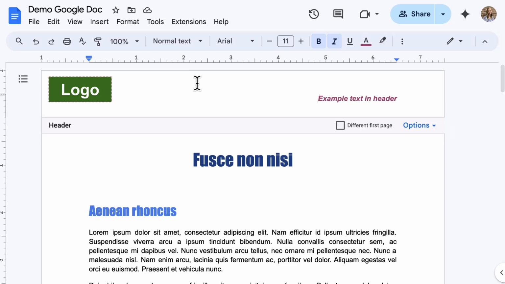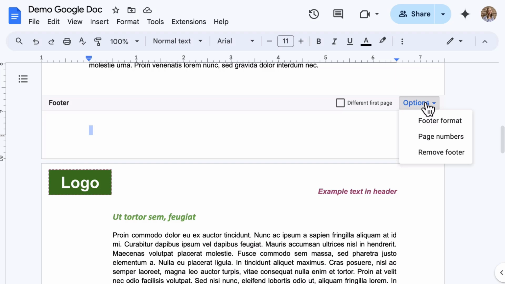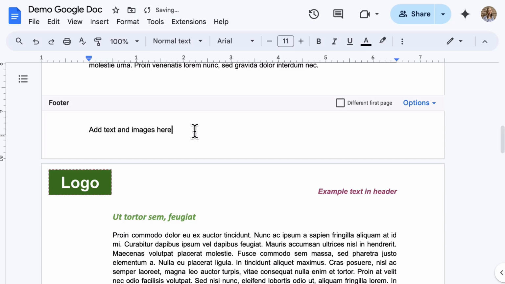For both the header and the footer, an Options menu is available. For a header, this includes header format, page numbers, and remove header. For a footer, the options are similar. On the very first page only, a different first page button is available, allowing the title page to be different from all other pages of the document. Inserting and formatting content in the header and footer is the same as inserting and formatting content in the main